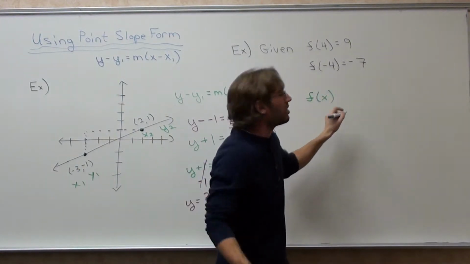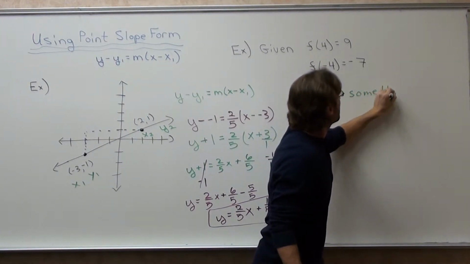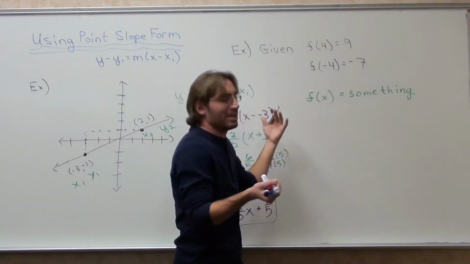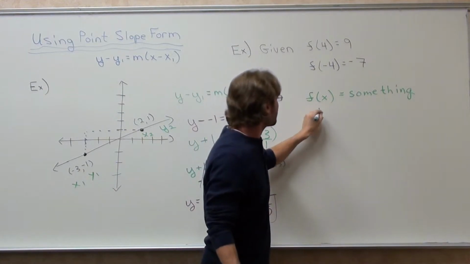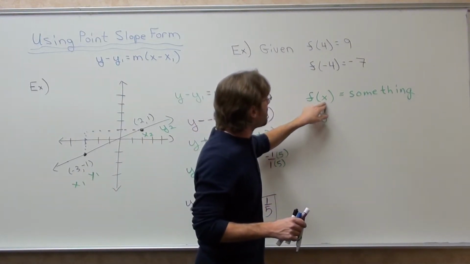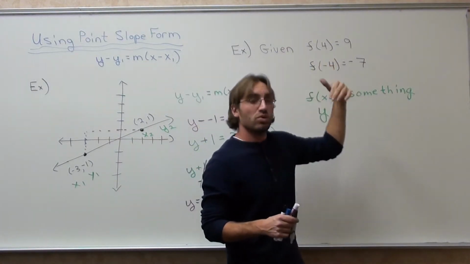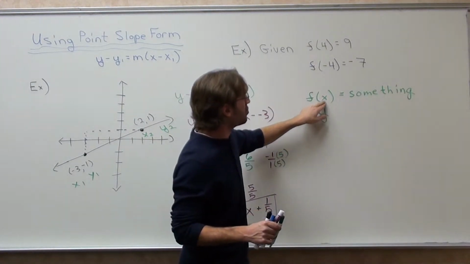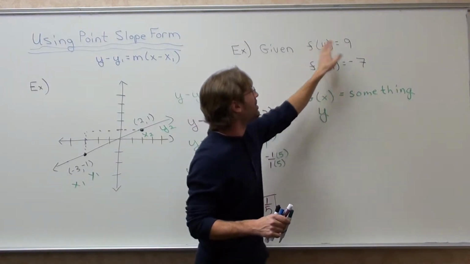f of x equals something. And what that something is, it depends on the equation. And I said whenever you see f of x, it just means y. They're basically one and the same. Now, what you substitute into this value is the actual x, and what it's equal to is the y. Let me say that again. What you substitute inside this parentheses is the x value, and whatever it's equal to is the